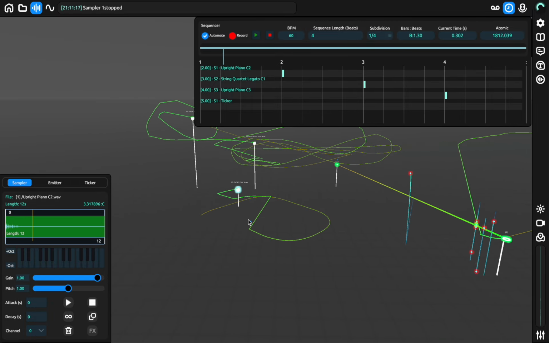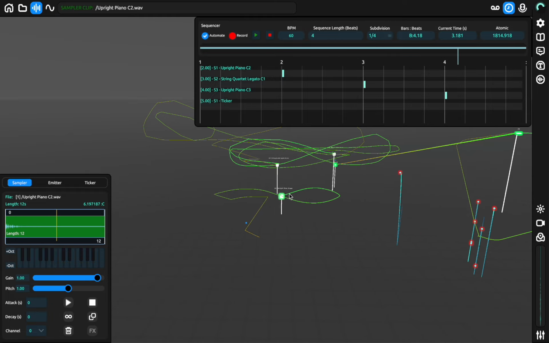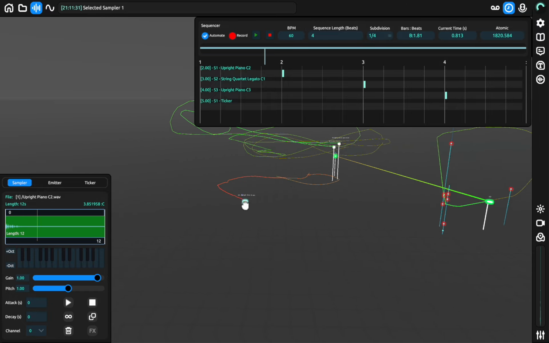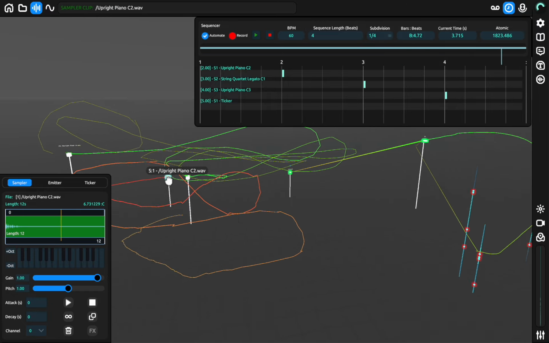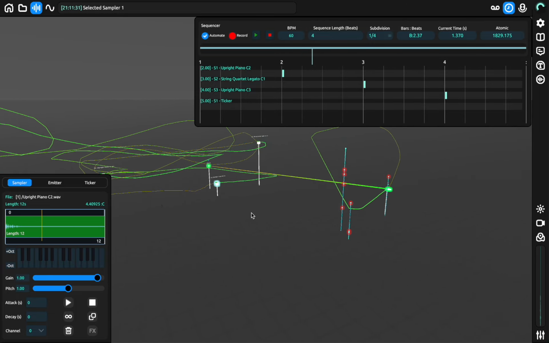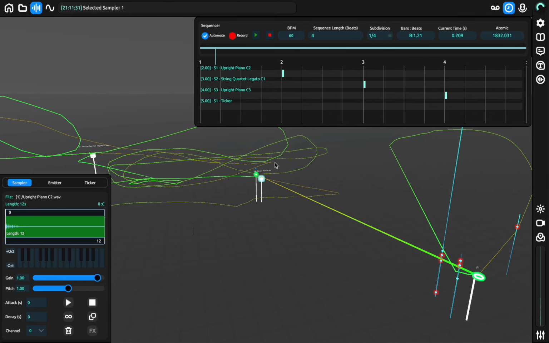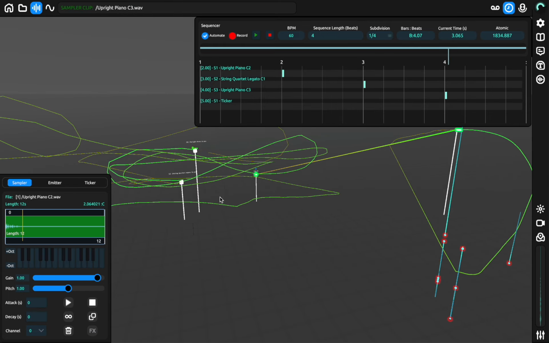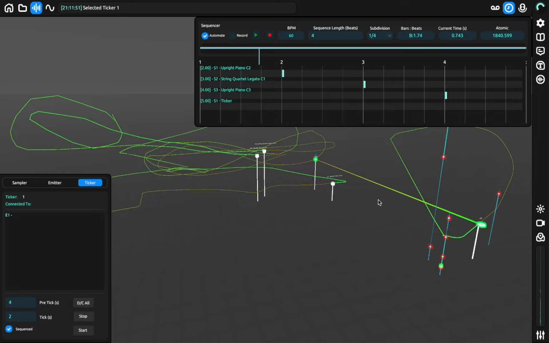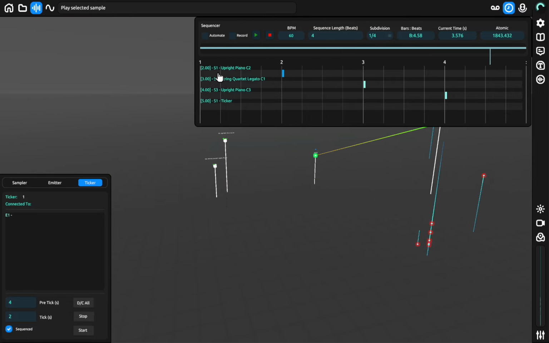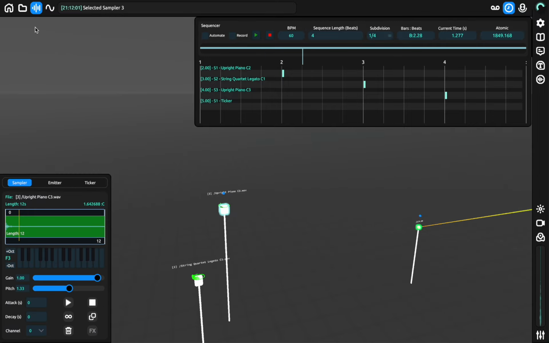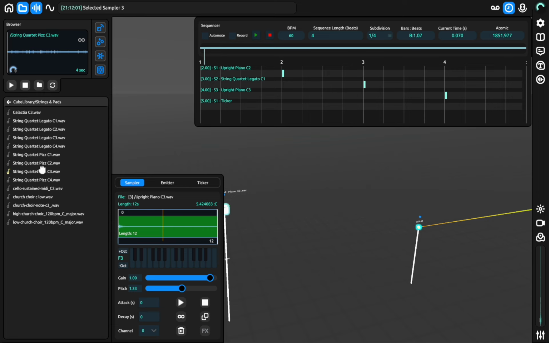I'm not sure if this is recording. So when it's red, it's recording. You can take record off and then you can move stuff and it won't. Or click automate to sort of freeze things. So you can hear one sound here, this I don't like, so change this to